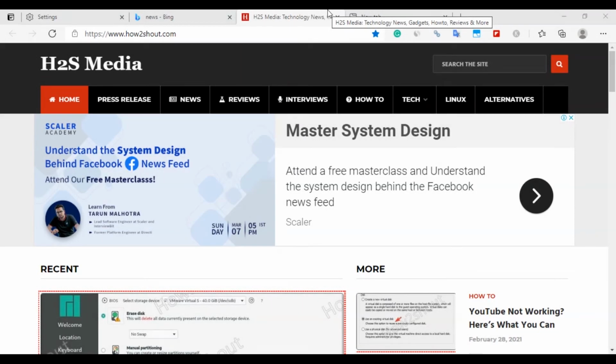Hi guys, in this video we will learn how to enable the vertical tab bar in the Microsoft Edge browser. Recently this option has been enabled and is live to use. So what to do? If you are on this Edge browser, to get this vertical tab